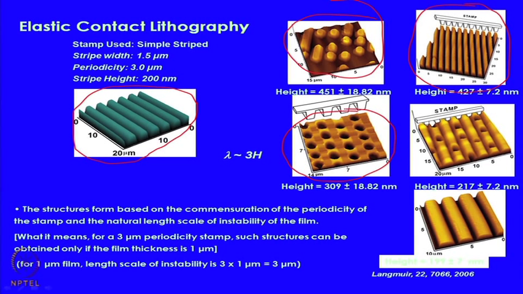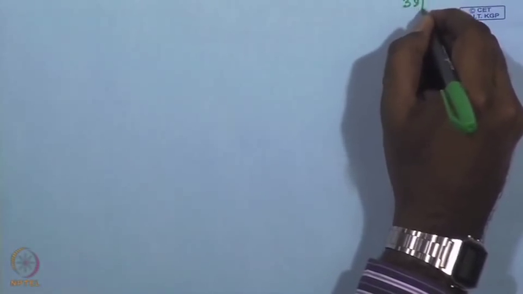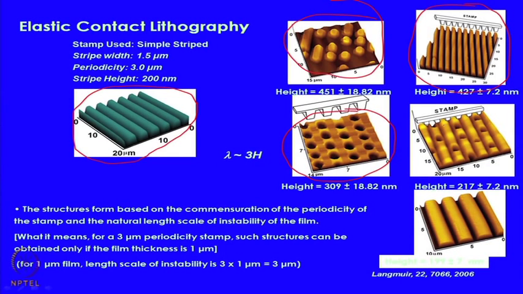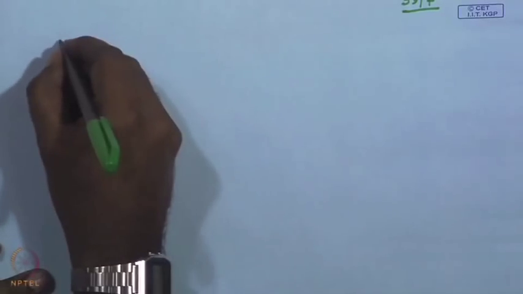The important thing to note is that simply taking a stamp and an elastic film will not give you this structure. People are working on the theoretical aspect. There is some complex bifurcation in the energy landscape which leads to the formation of this 2D structure, but the issue is not fully resolved yet. What is important is that this ordered array of tiny holes